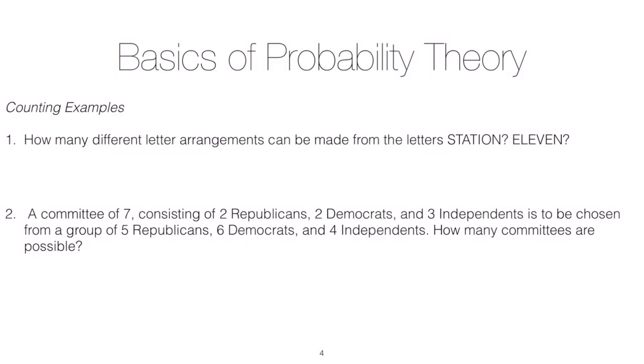So the first one really has sort of two parts to it. We'll call these A and B, and we want to find out how many different letter arrangements can be made from the letters that spell station and then the letters that spell out 11. So we'll handle each one of these separately. So for station,